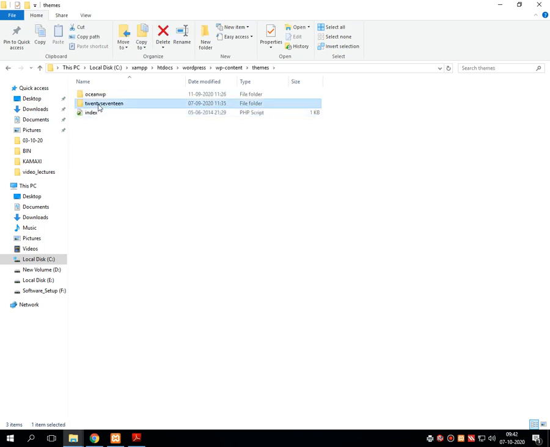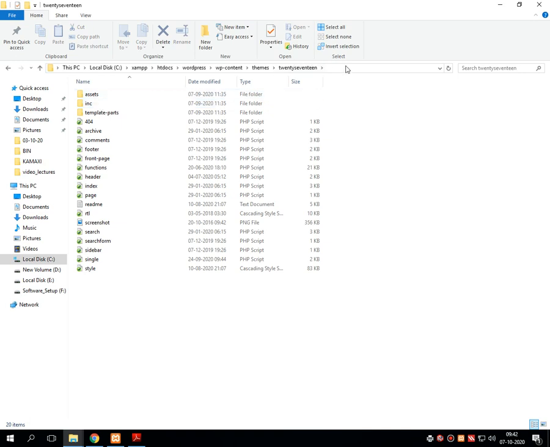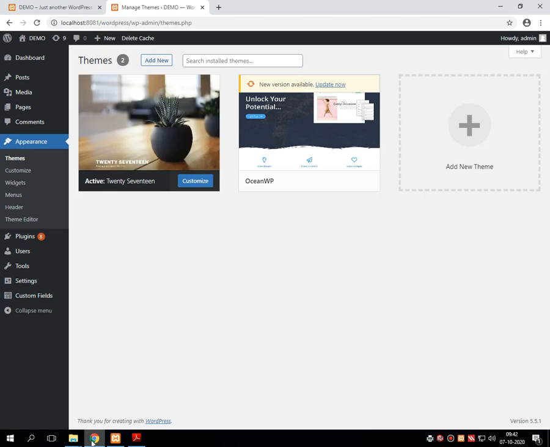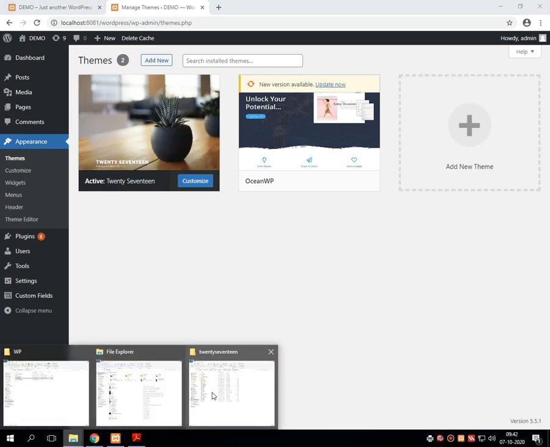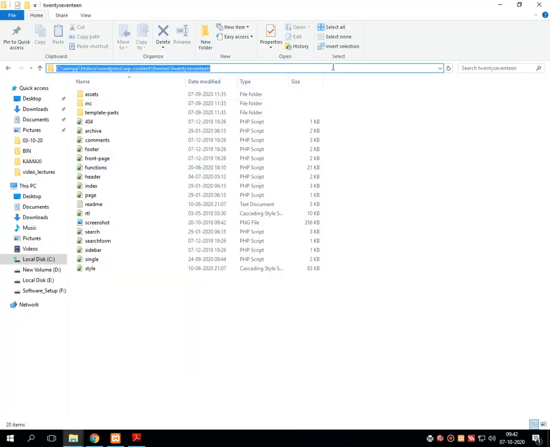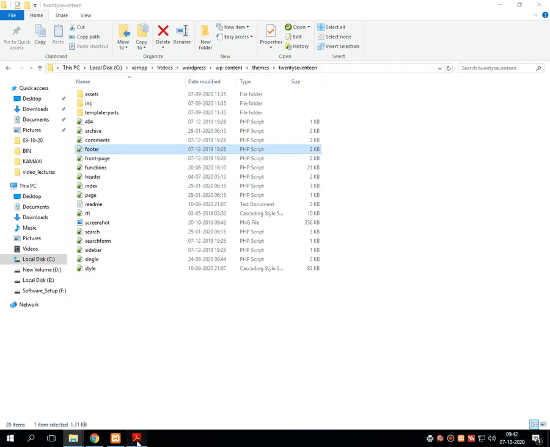In that themes folder you will find the 2017 folder which is activated. Just open that particular folder, 2017. Over there you will get many folders as well as files. Now just look at all these PHP extension files, and try to find the first file called header.php.